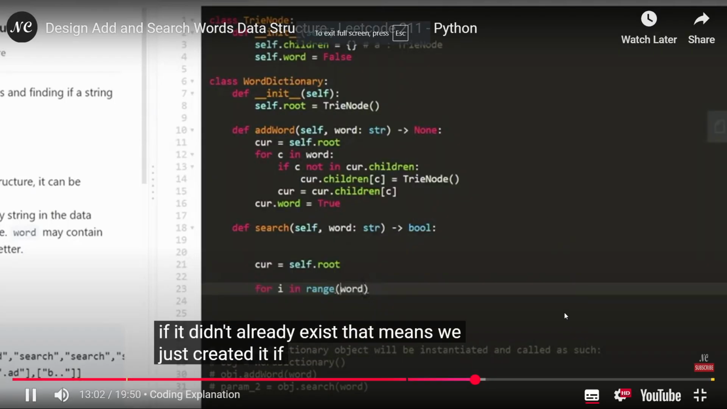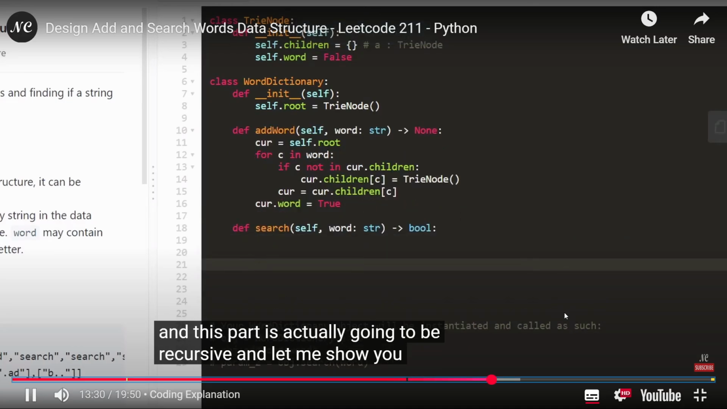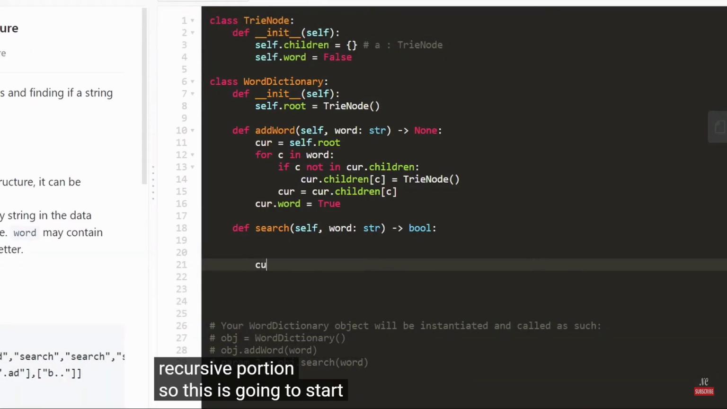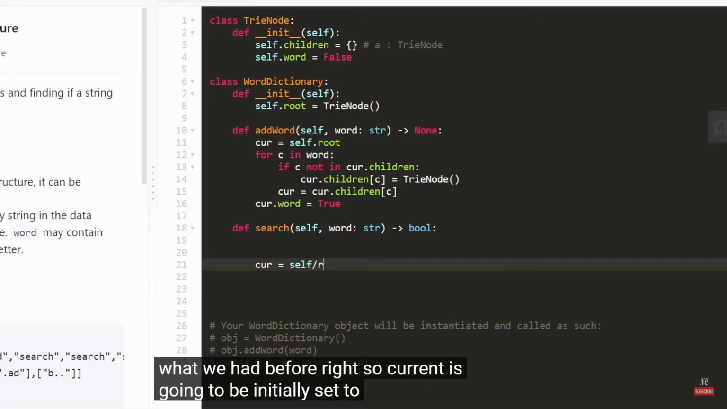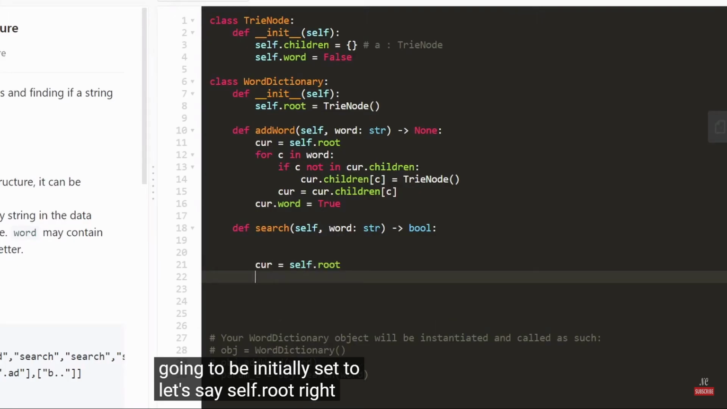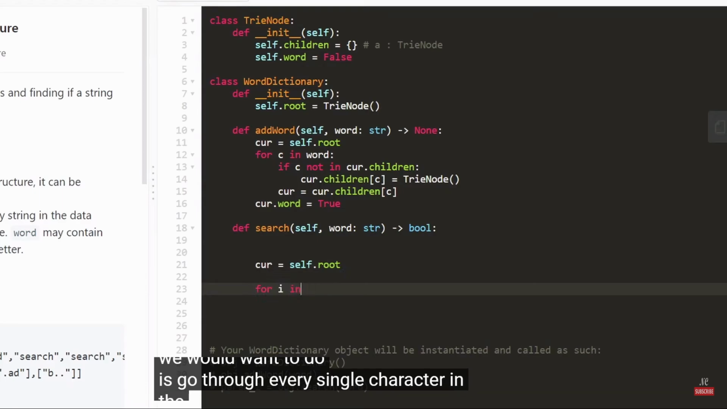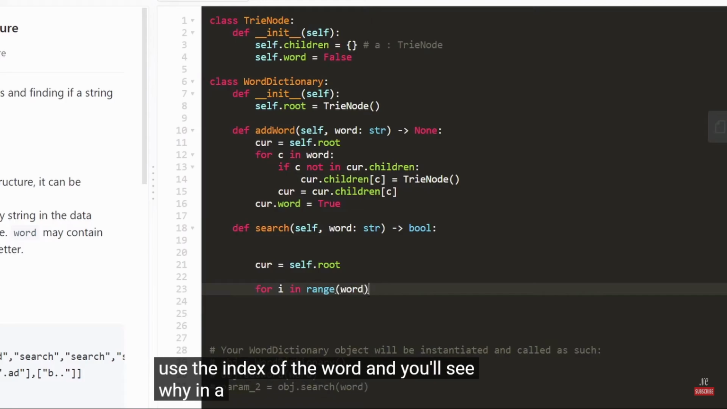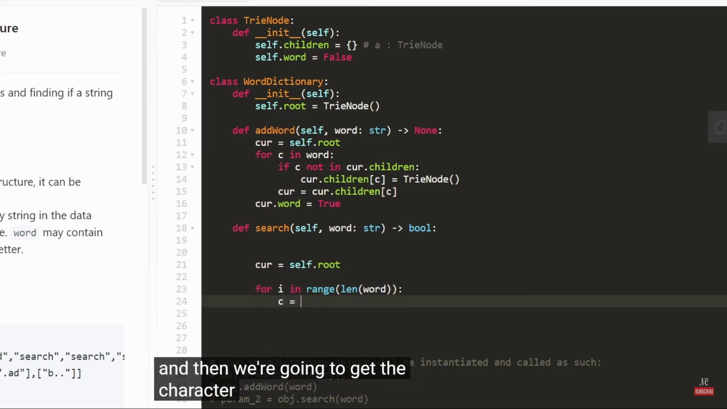So if it did already exist, then we just recurse, and let me show you why before we actually start doing the recursive portion. This is going to start similar to what we had before. Current is initially set to self.root, and then we want to go through every single character in the word. In this case, I'm actually going to use the index of the word, and you'll see why in a moment. So for i in range, length of the word, we get the character at position i,